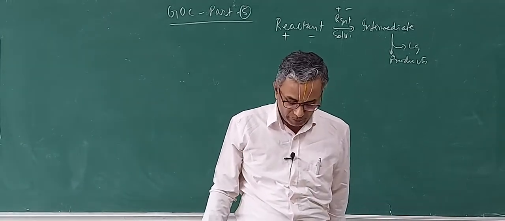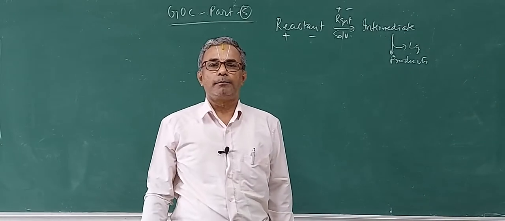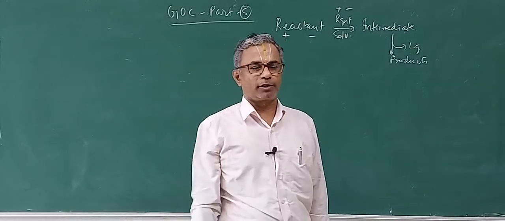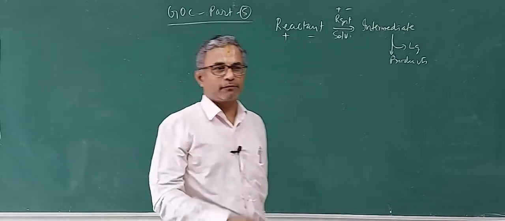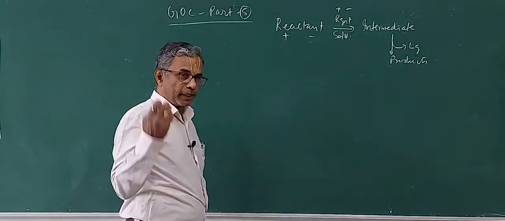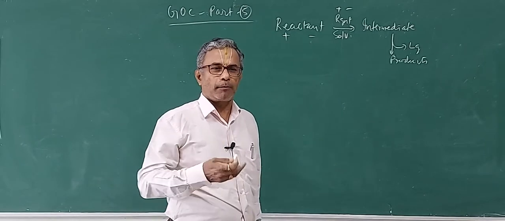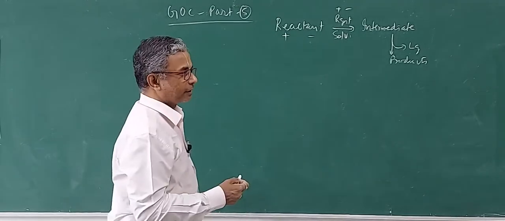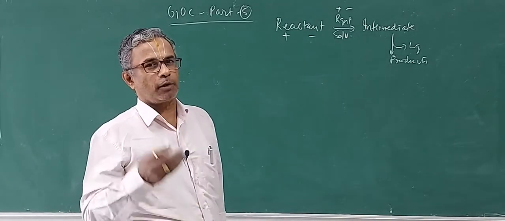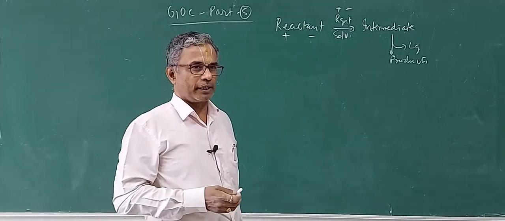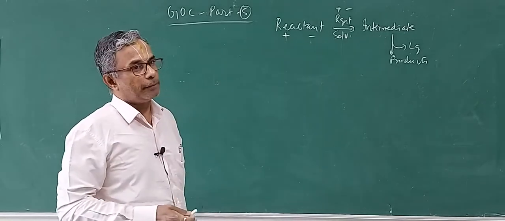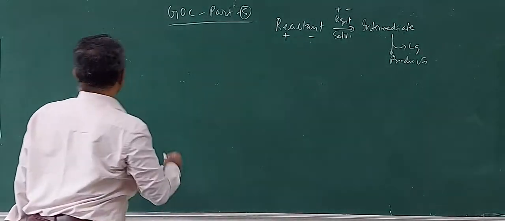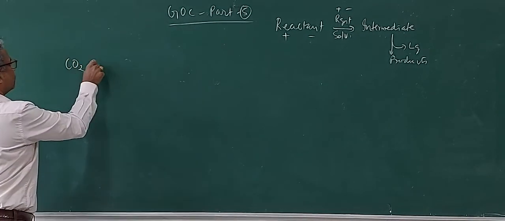In the previous video we have been watching how to predict the products using the Grignard reagent. Grignard reagent, as I told you, is a versatile reagent which you can use to convert any compound to any compound using different types of Grignard reagent. Let us see some more reactions of Grignard reagent in continuation with the previous video, applying the same organic schema logic. So, suppose you have a question like this, CO2 plus